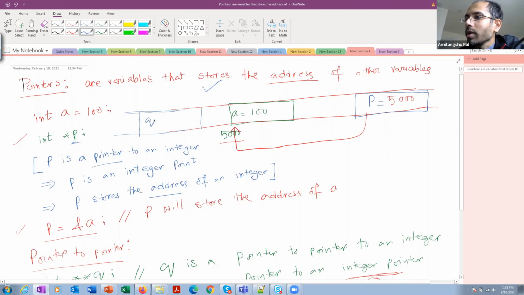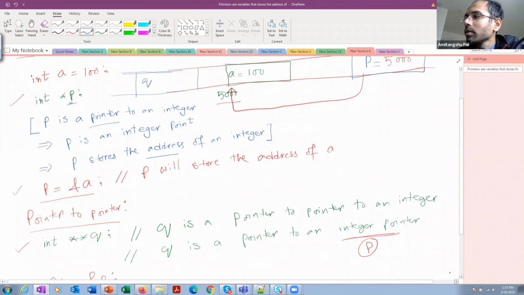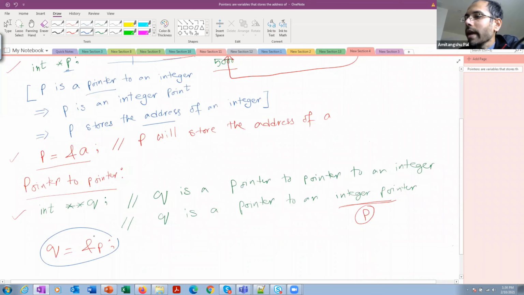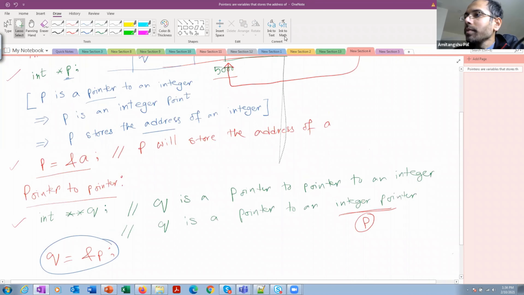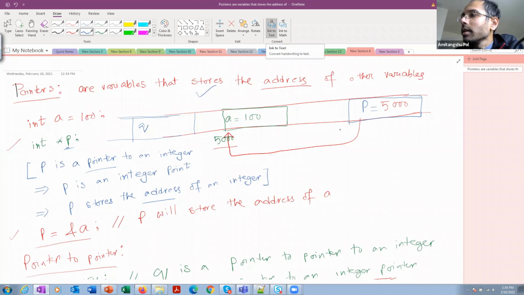And whenever I am writing Q is equal to &P, that means the address of P will be assigned to Q. So what is the address of P? Suppose the address of P is say 20,000. So this 20,000 will be stored in Q.